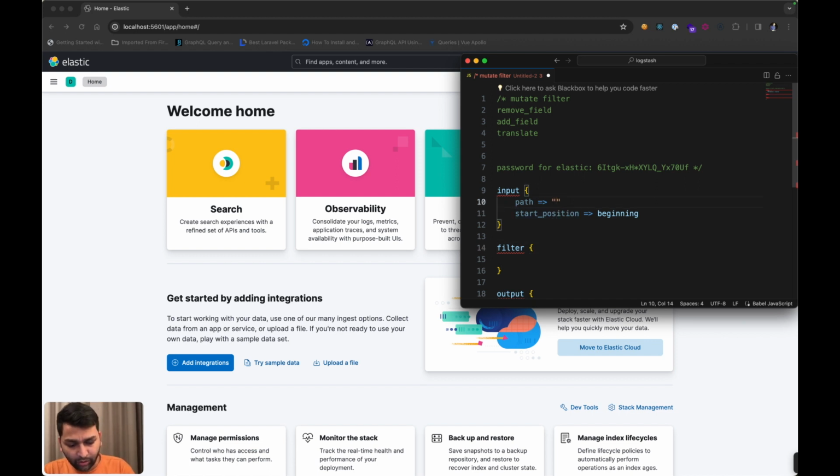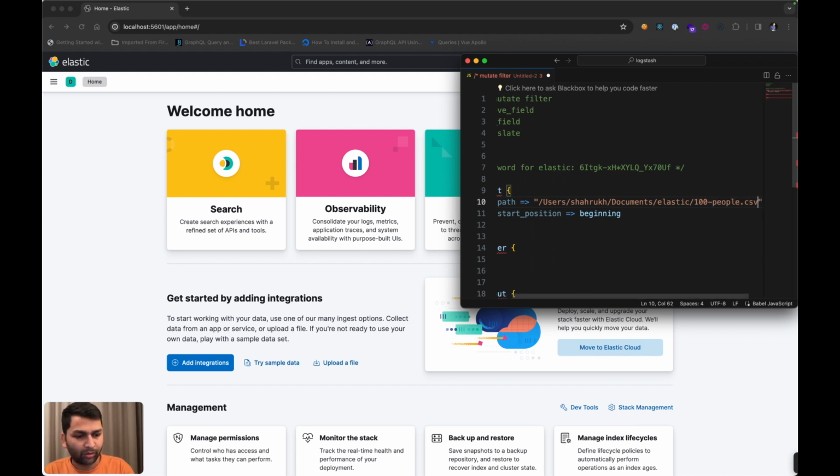So in path, it is mandatory that you mention the full path for where your CSV file is. So relative paths don't work. It is probably 100 people.csv, but we can check. So this is